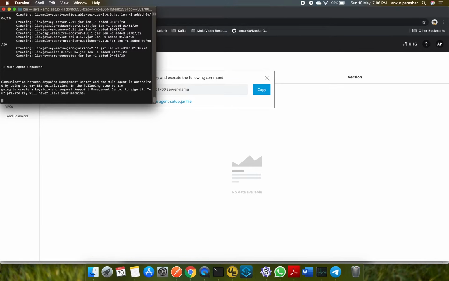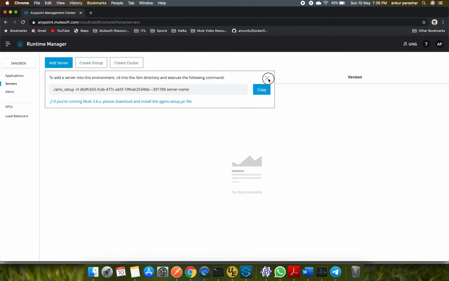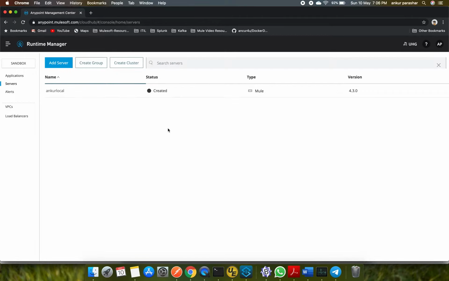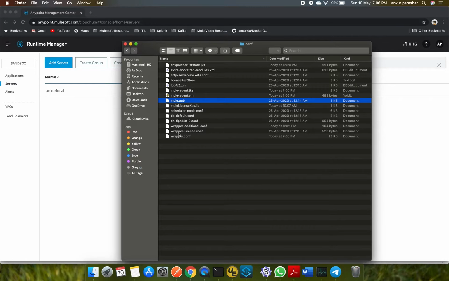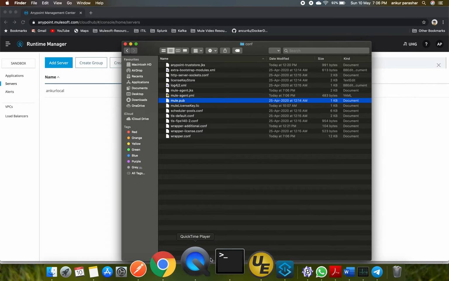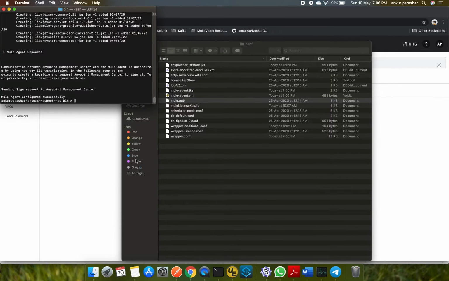You can see now it's loading something in the background. I will close this, and here you can see it is showing created, but it is not in running mode. So we have to do one more thing to get it into running mode. That will be ./mule start, and I will hit enter.